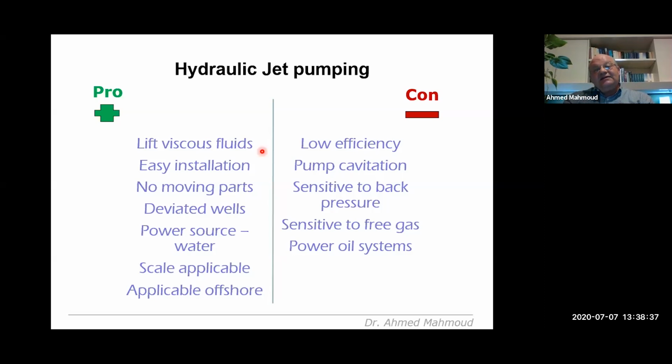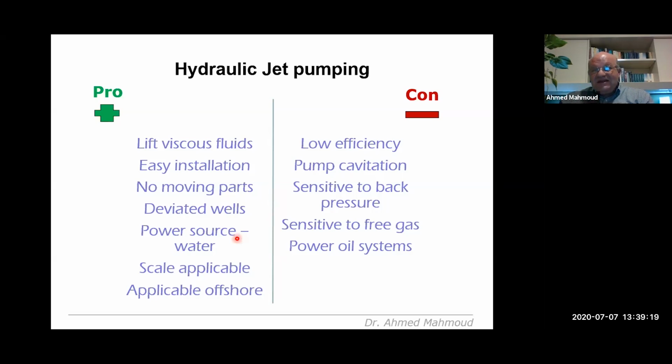Okay? And another pro is basically easy installation, very easy to install with mast units, with snubbing units. There's no mechanical parts. Okay, so that's another plus. It can work on deviated wells, and if you are tight economically and you don't have enough economics to apply the power fluid in terms of hydraulic oil, you can use water, and this water will be enough to lift and mix with the oil and take the oil all the way up to the surface. Even if you have scale and even if you have offshore applications, the hydraulic jet pump is a very economically feasible